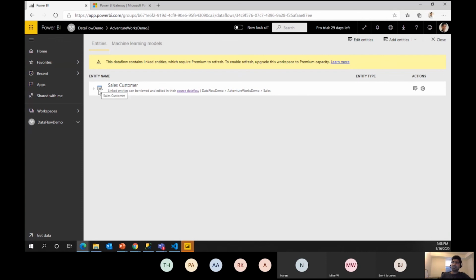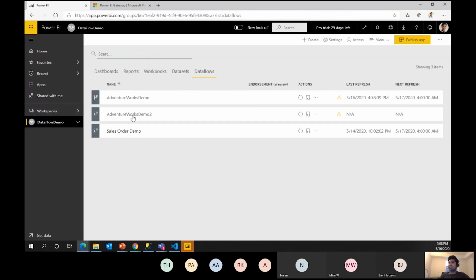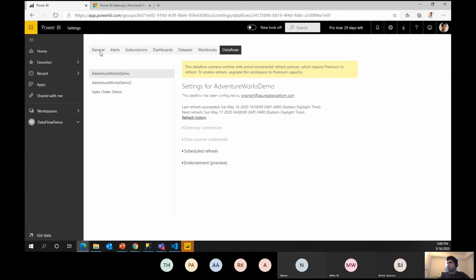And you see this will show you this linked feature. So basically this is linked to any other data flow. Okay, so this is how you create linked data flow. Now let's go to data flows. You can see here you have AdventureWorks, you have AdventureWorks 2, which is not refreshed yet, and that's it. And yeah, there was one more thing that I wanted to show.